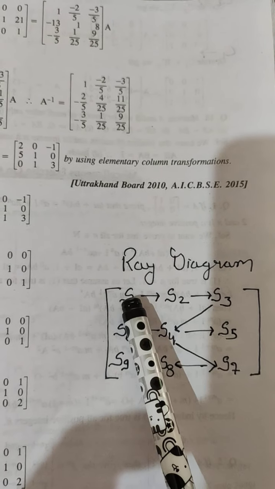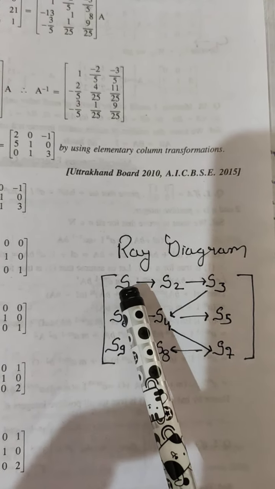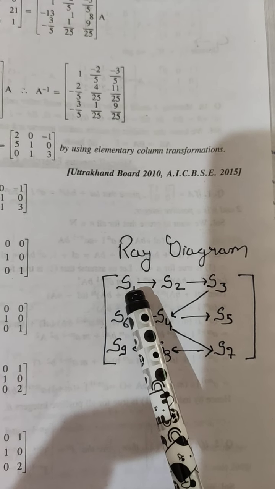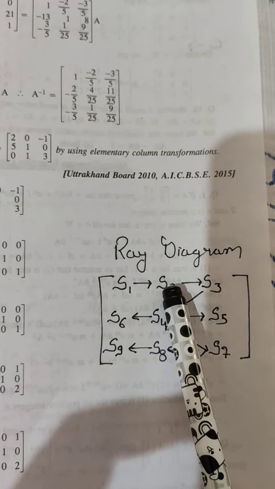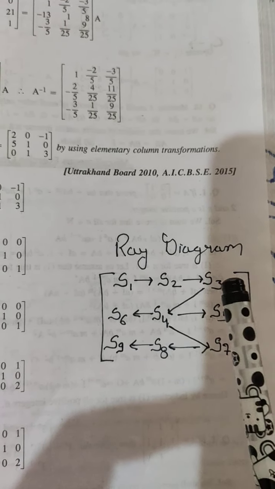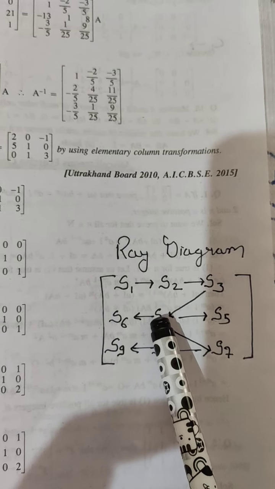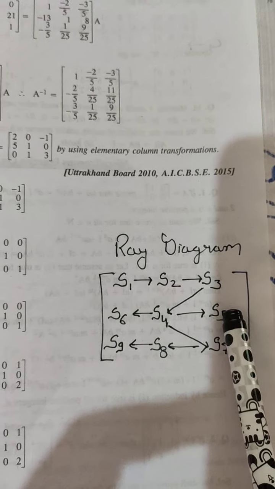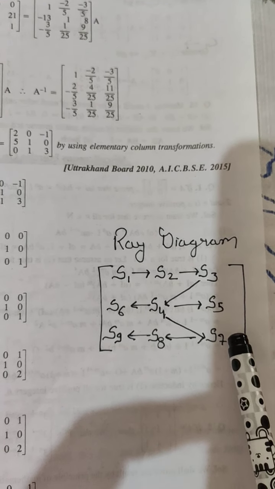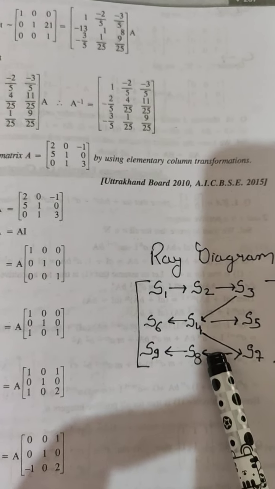As you are applying column operation, you have to do the movement in a row. Step first, A11, with the help of this 1 we will change it like previous questions. With the help of this 1 we will change this element into 0, S2, S3. Then again we will approach the second column. This S4 we will change into 1. With the help of it we will change these two elements to 0. Then we will approach S7, and with the help of it we will change these two elements into 0.